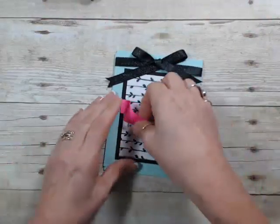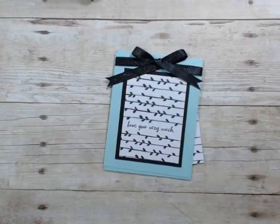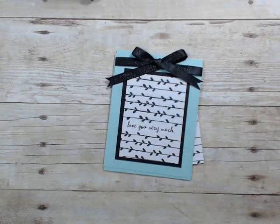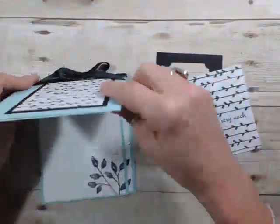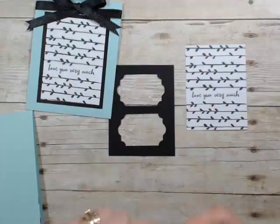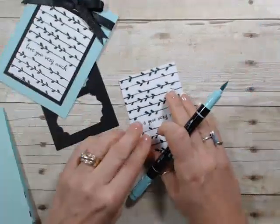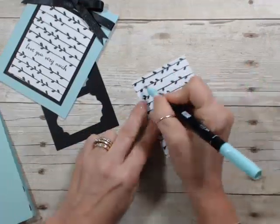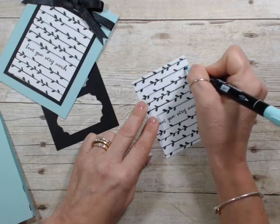Now, number 4. Number 4, I need my ribbon. Let me reach up here. Number 4, very, very simple. See this one? I needed 2 for another card, so I got my 2. What I did, just at the top there, I don't know how much you can see, I'm going to bring it closer. I just took my pool party and I lightly